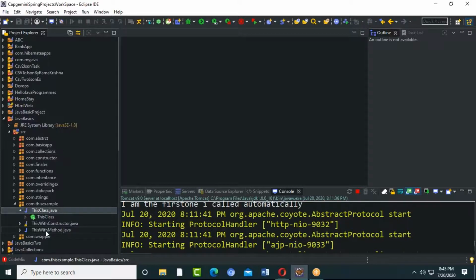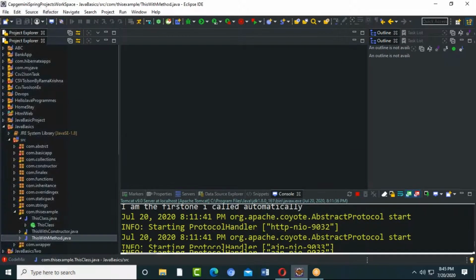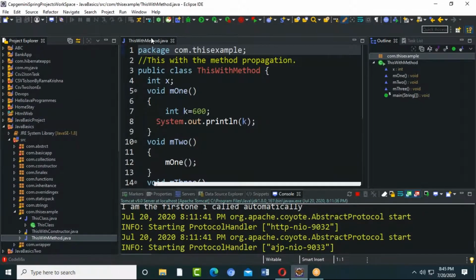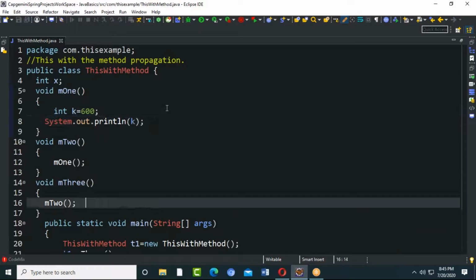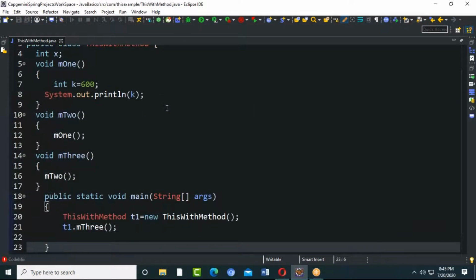So this with the method. You know method propagation? Any idea? No. Okay.